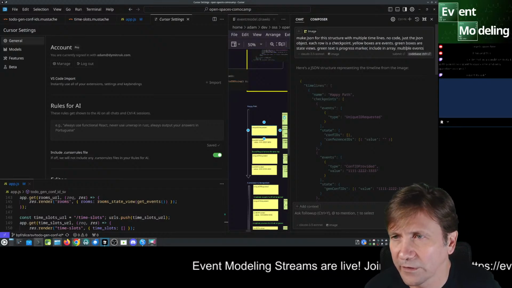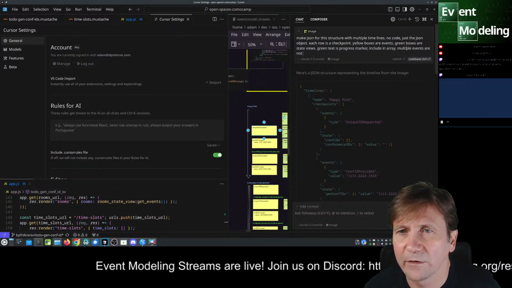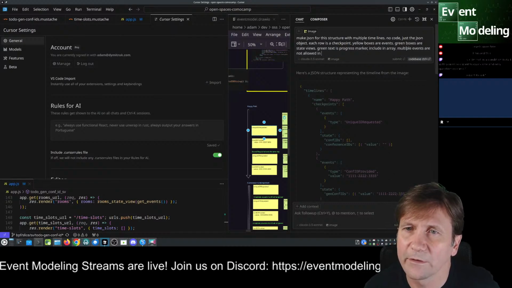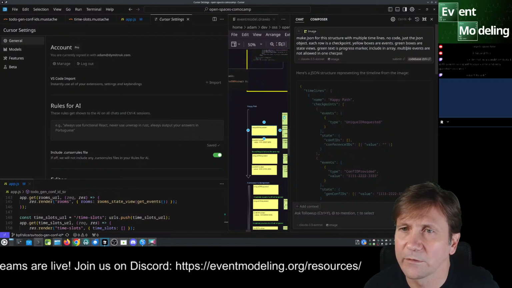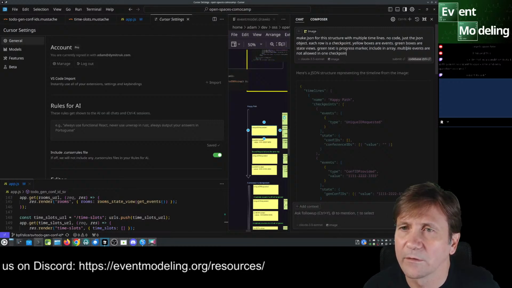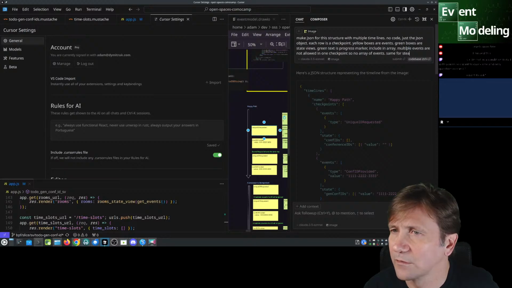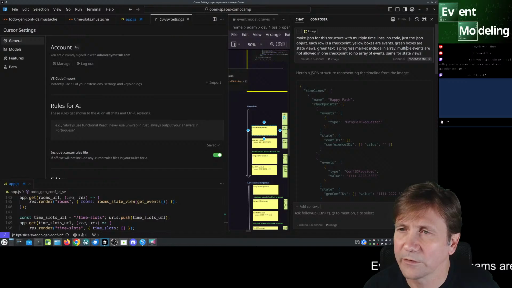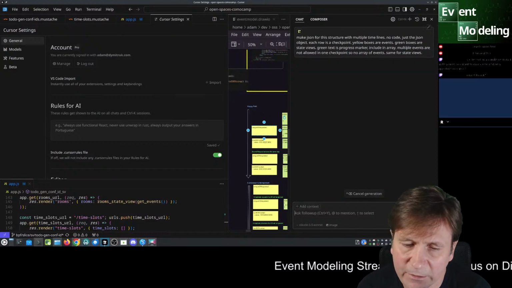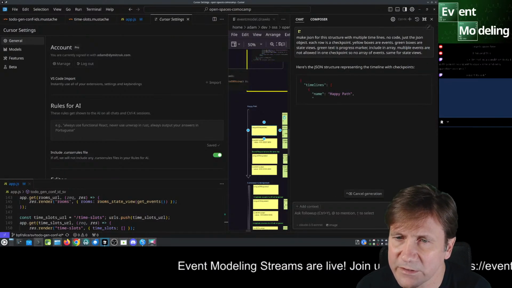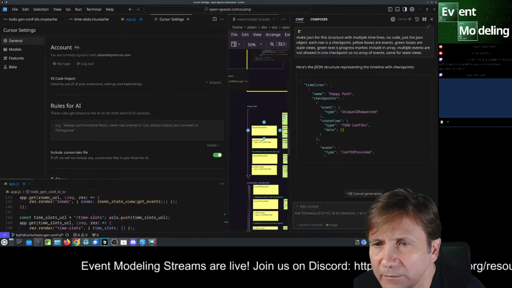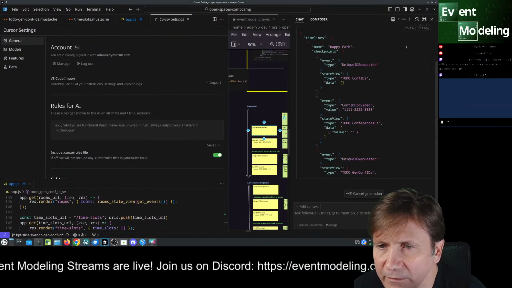Multiple events are not allowed in one checkpoint. So no array of events. Same for state views. I'm telling you, this is more work than it is to code sometimes, but I do want to kind of explore what it understands. Okay, that's better.